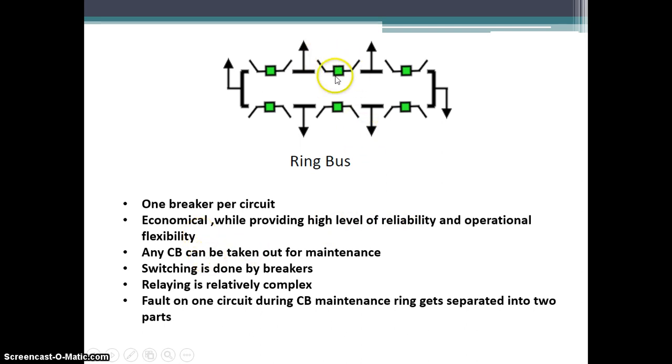Any circuit breaker can be taken out for maintenance, and while taking out any circuit breaker, the ring gets separated into 2 parts. So you can see, if these 2 switches get open, then this ring will be separated into 2 parts. Relaying is very complex here, but switching is done by breakers only.